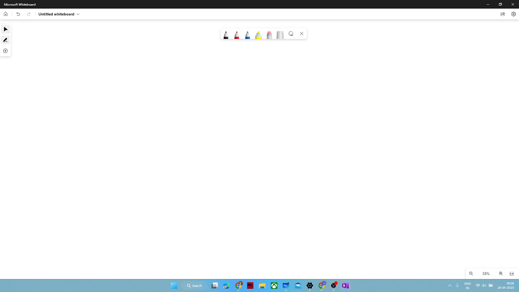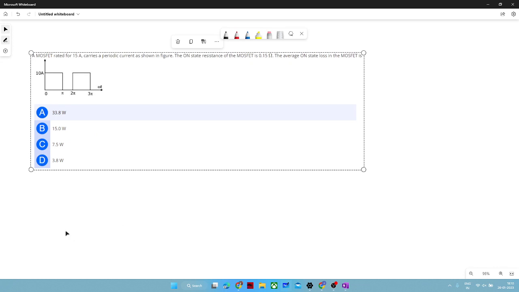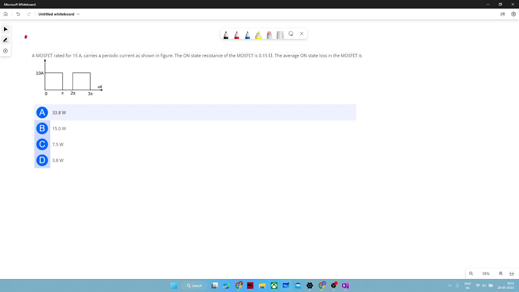So now moving ahead with another problem. This problem was also asked in GATE 2004. It is related to MOSFET, and no characteristics of MOSFET are given. Here it is implied that the MOSFET is rated for 15 ampere of current and it carries a periodic current as